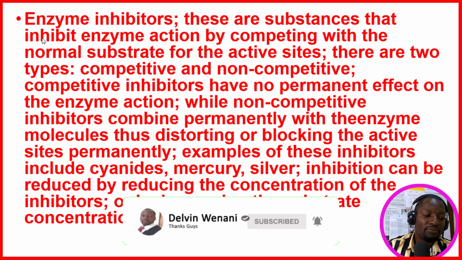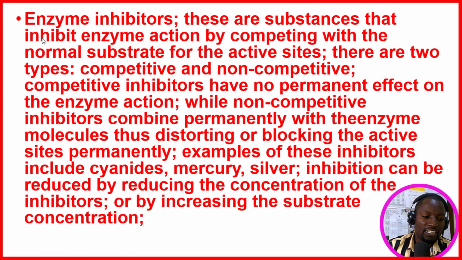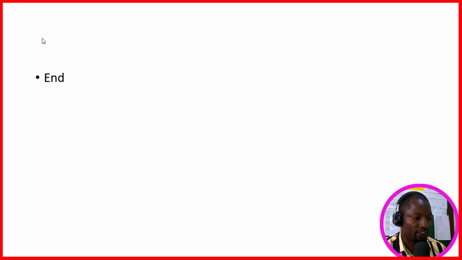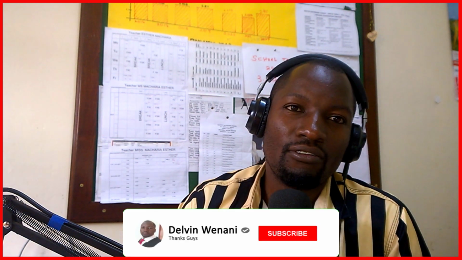Competitive inhibition can be reduced by reducing the concentration of inhibitors, or by increasing the substrate concentration. So, ladies and gentlemen, that one brings us to the end of Form 1, Part 2 series